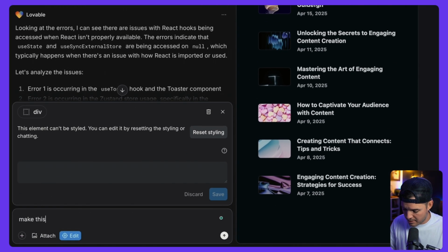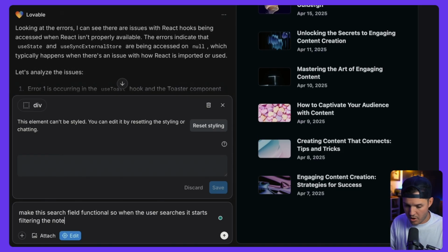And I'm going to say, make this search field functional. So when the user searches, it starts filtering the notes found in the your video